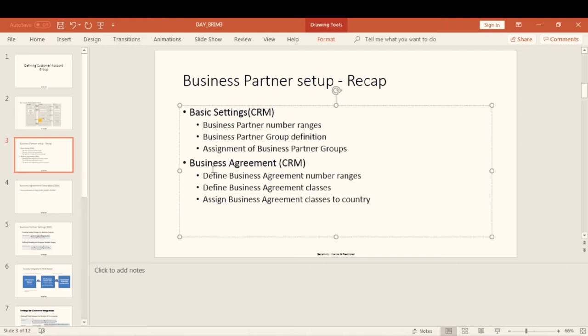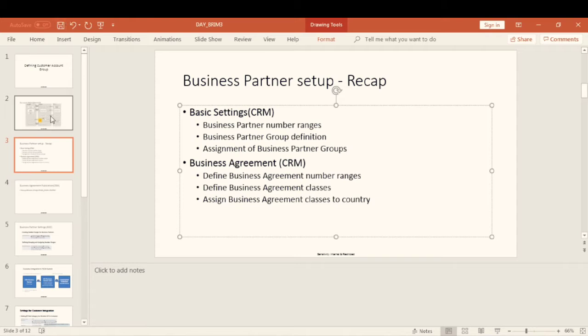And in ECC, for business agreement, we will create the number ranges and set them as internal, and we will define the basics in basic settings, like whether in ECC we are going to implement the FICA or FIAR process.